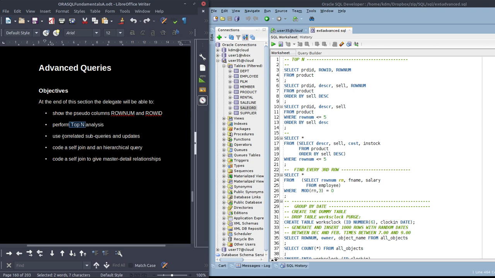Correlated subqueries, so more on queries within queries and updates of those. And also it looks at hierarchical queries and master detail relationships. Also some of this stuff is at the end